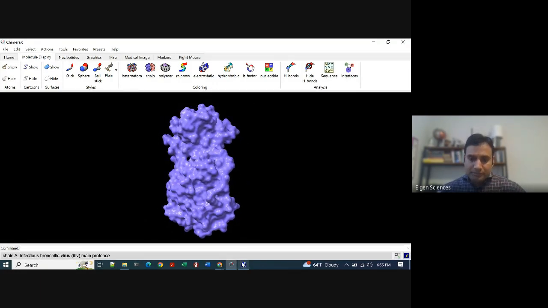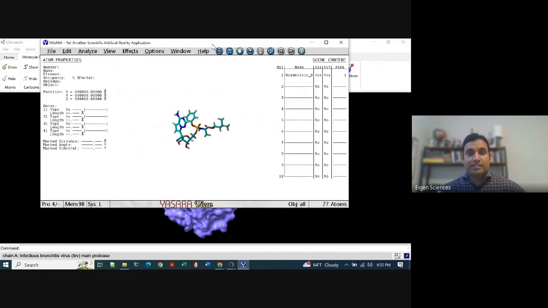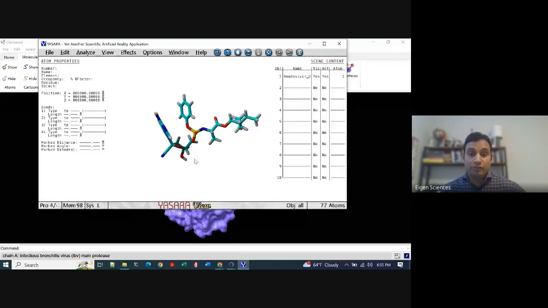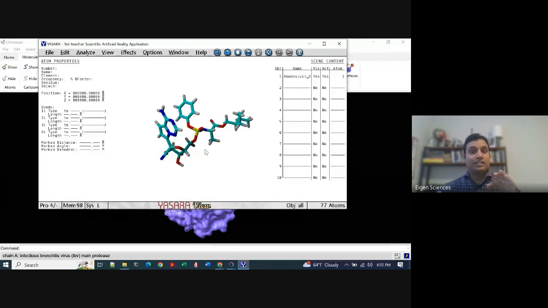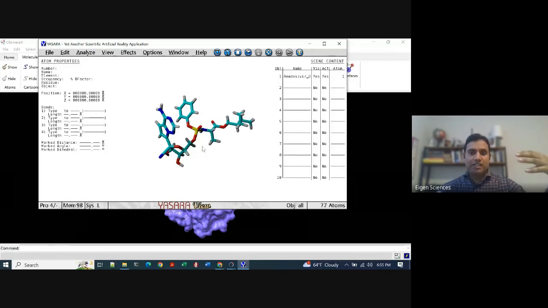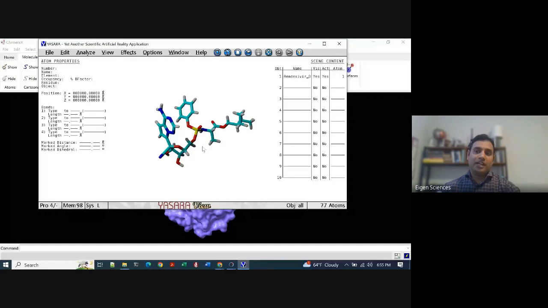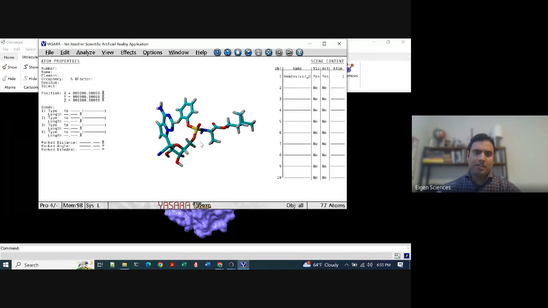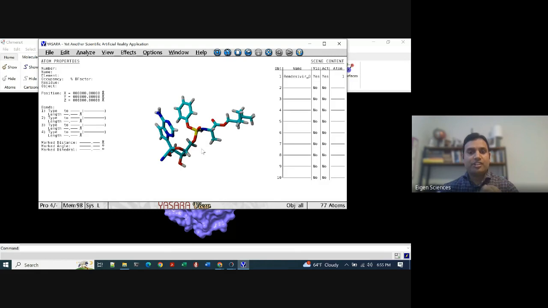Okay, so this is a drug molecule, and this was the first FDA approved drug molecule, and it is called remdesivir. And in 2020-21, when COVID was at its peak in India, this drug was in the black market, and everyone was running behind this drug, and one packet was like 30-40,000 rupees. So this was the drug. This is the remdesivir drug, and this was the first FDA approved drug.